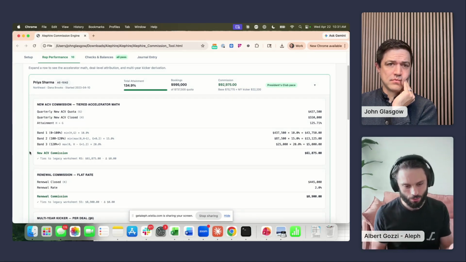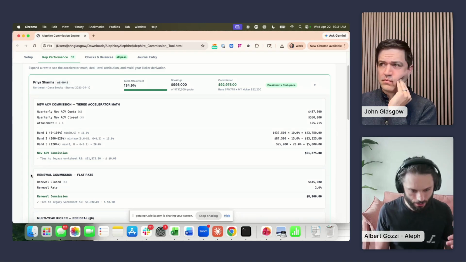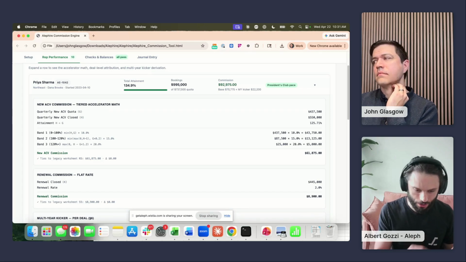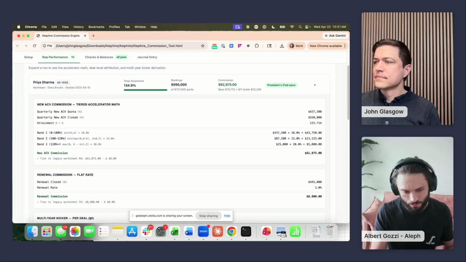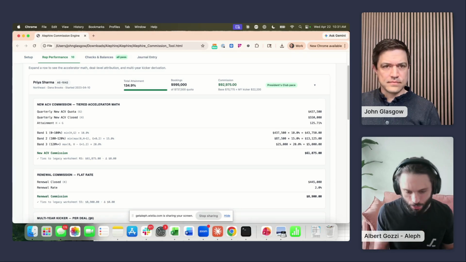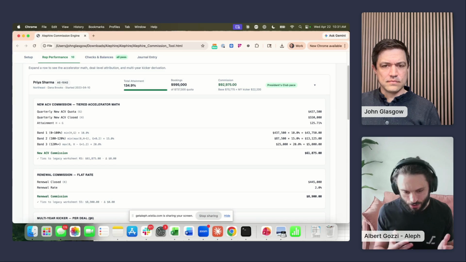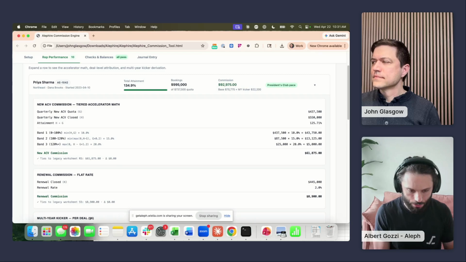The great way of doing it is what John built here, where you have the breakdown of how the math has been calculated. You don't need to grab a calculator and redo all of those. You can see, okay, it's doing 437.5K, that is the total amount times 10% commission. I can see the math and the breakdown here, and that makes me trust it much more.